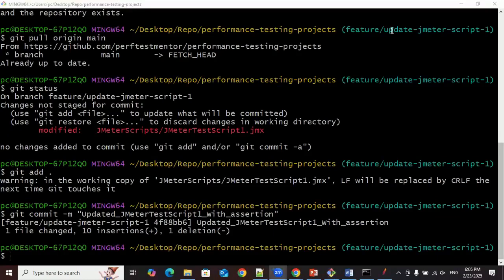Now as the next step, we need to push our changes to the GitHub repository so that your other team members can also access them. So let me push the changes by using the command git push origin followed by the feature branch name. So let me type the command git push origin, and the feature branch name is feature slash